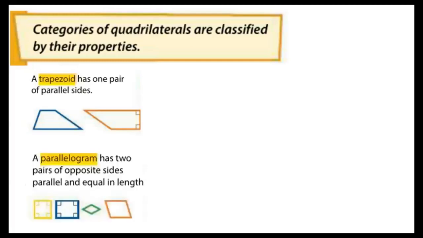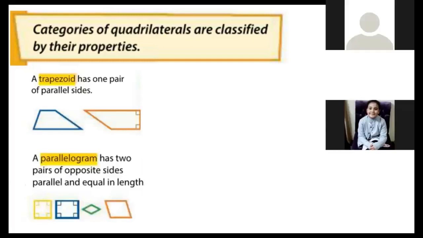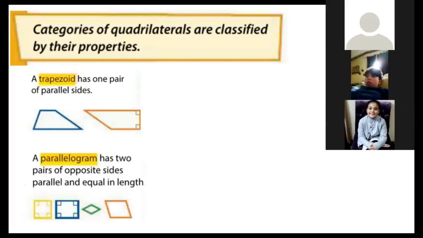The second one will be a parallelogram. A parallelogram has two pairs of opposite sides, parallel and equal in length. So when we see a 4-sided polygon,